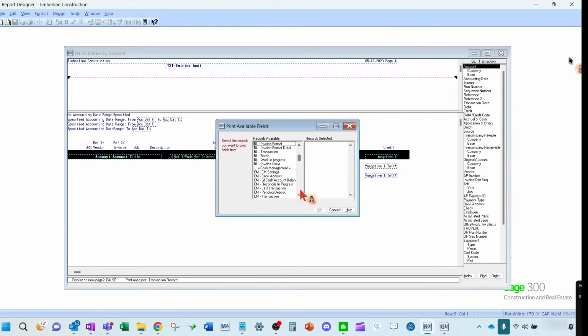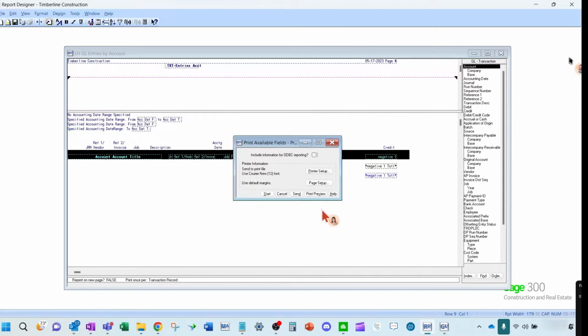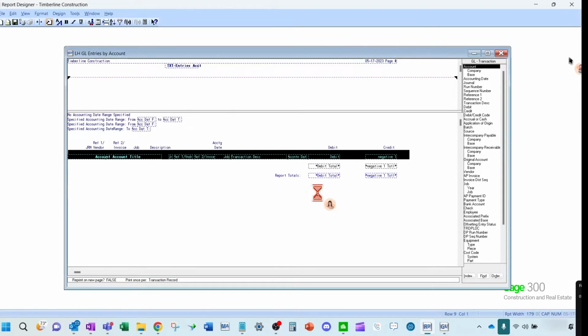So this area lets you, for example, look at the GL account format, GL account, GL transactions. Maybe I want to see what fields are where inside of the system. Also, this ODBC reporting you want to turn on. This is a more advanced feature, but you want to see if it's ODBC writable or readable. Then you want to click that box.